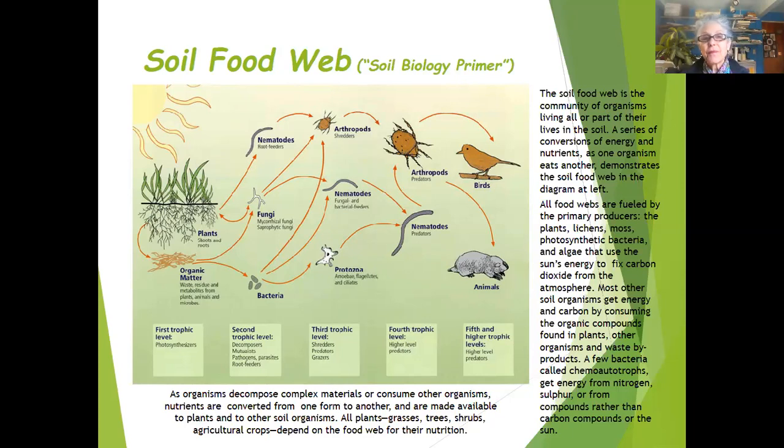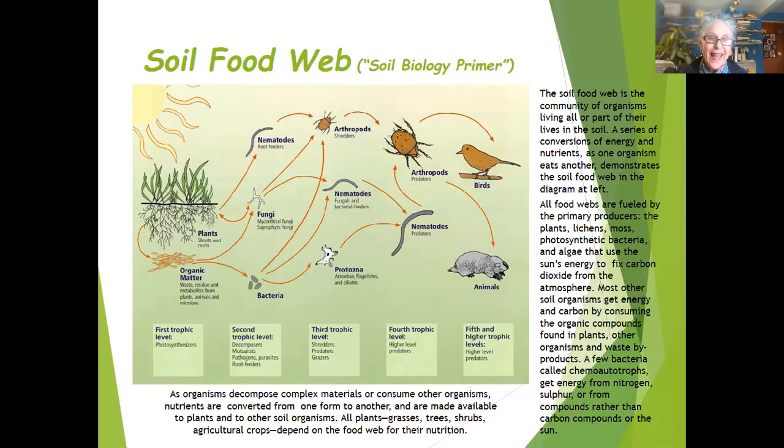And you can see along the bottom of this diagram, the soil food web has 5 different trophic levels. This term refers to where in the chain of feeding a particular organism lies. We humans are at the top of the overall food chain, the highest trophic level. In the soil food web, there are just 5